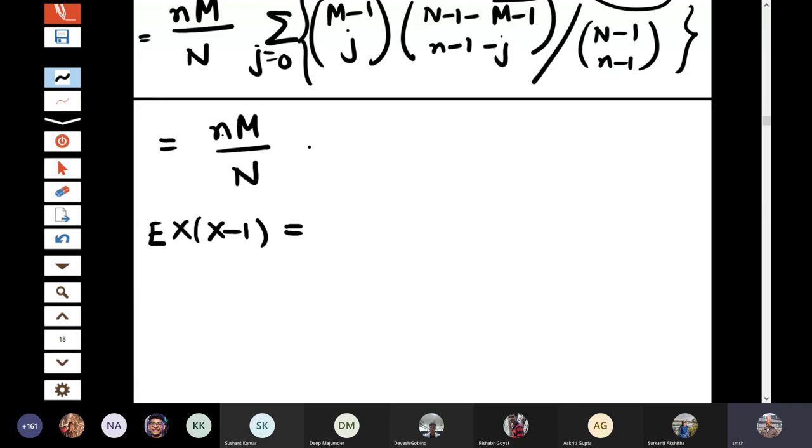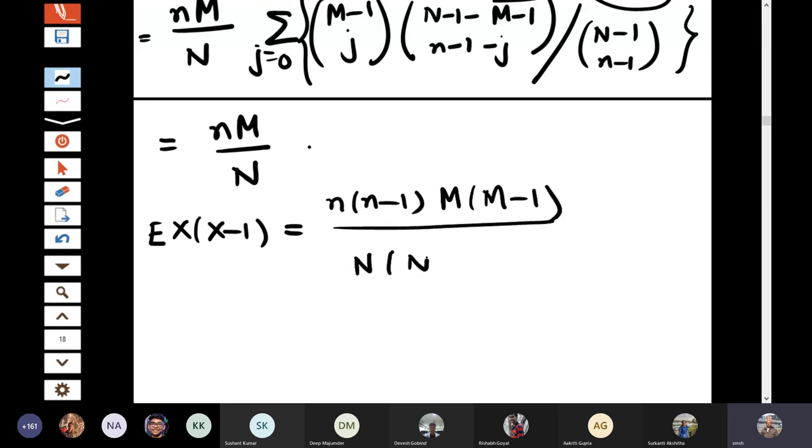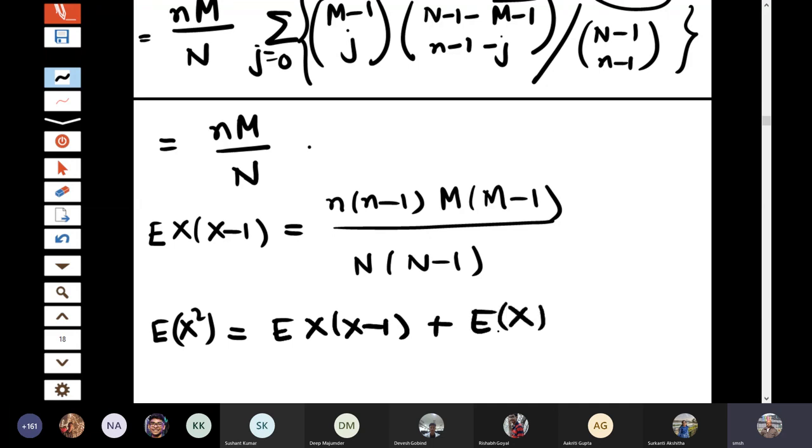If you keep the analogy with the previous one, you will actually get it as n into n minus 1, because you have to take out two terms there, into m into m minus 1 divided by n into n minus 1. So using that, you can calculate expectation of x square, that is expectation of x into x minus 1 plus expectation of x. So after simplification, you will get the value